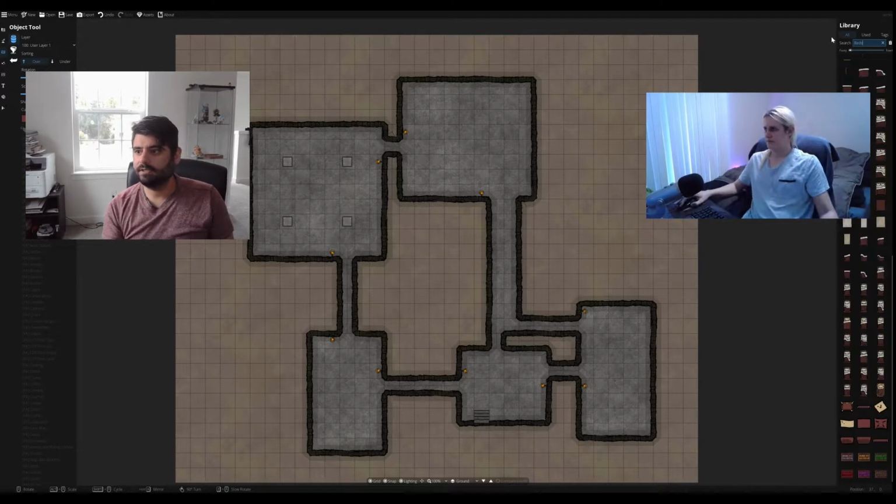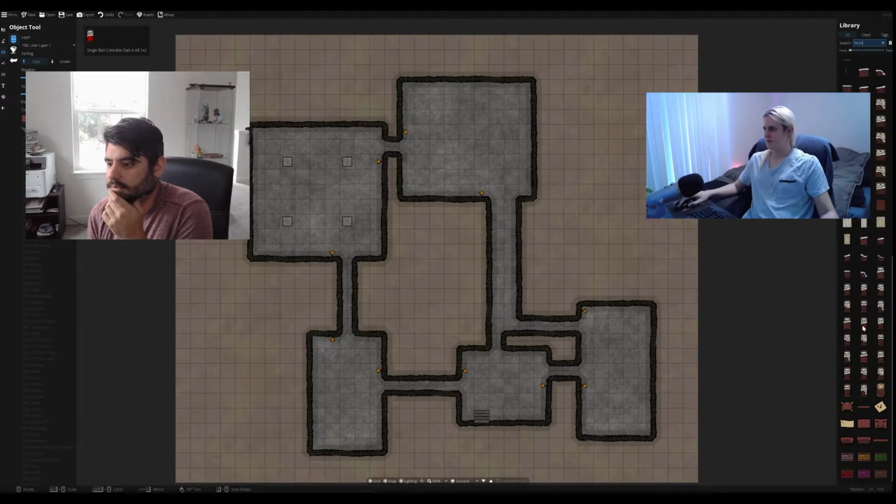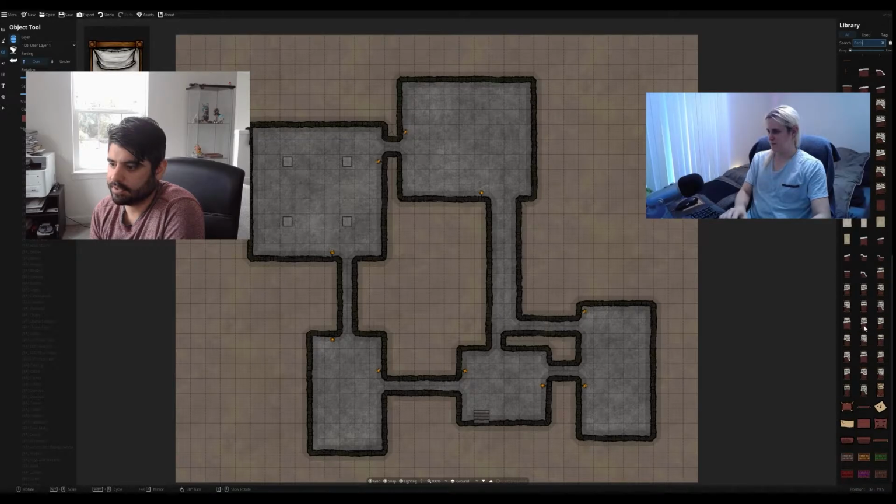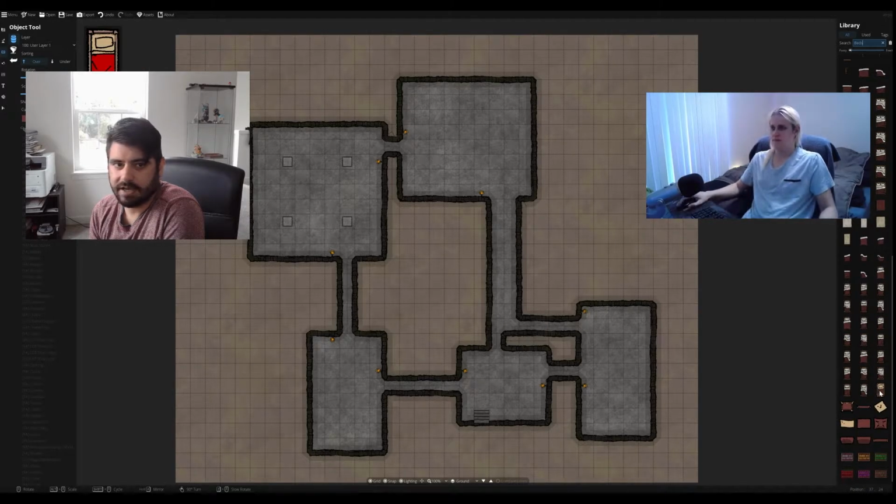So let's do some beds. I'm using the Forgotten Adventures tile set. There's a lot of free ones on there. If you're a Patreon member, you can also get a bunch of extra stuff too. I don't have all of them loaded in here, but